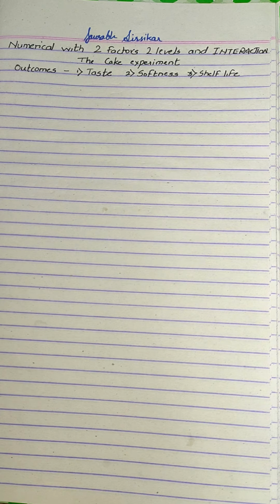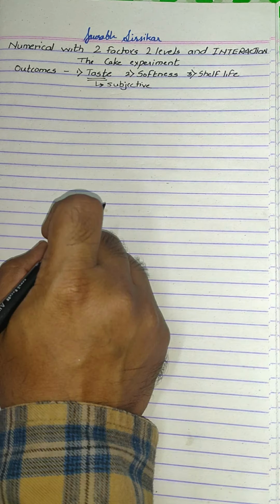So let's go back to the taste outcome and ignore the other two outcomes for now for the sake of calculation. Taste is obviously a subjective measurement. So these results are going to be very specific to my students' taste. Students in my class are not qualified testers. So this outcome is very subjective. What that means is that if you are repeating these experiments, your answer may actually be quite different.